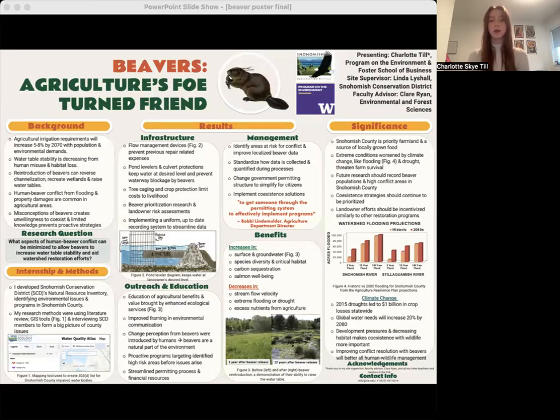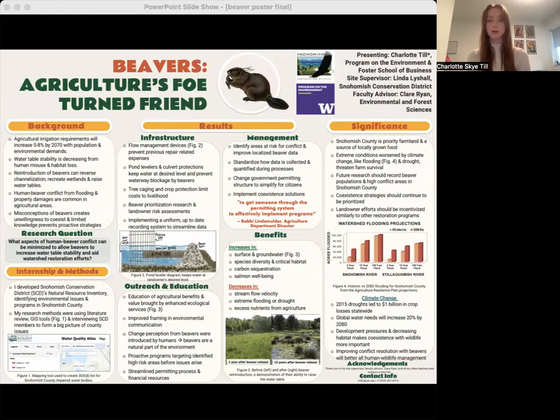My work this summer, conducted during an internship with Snohomish Conservation District, or SCD, aimed to answer the research question: what aspects of human-beaver conflict can be minimized to allow beavers to increase water table stability and aid watershed restoration efforts? To answer this question, I developed SCD's Natural Resource Inventory, conducting extensive literature review, utilizing GIS tools, and